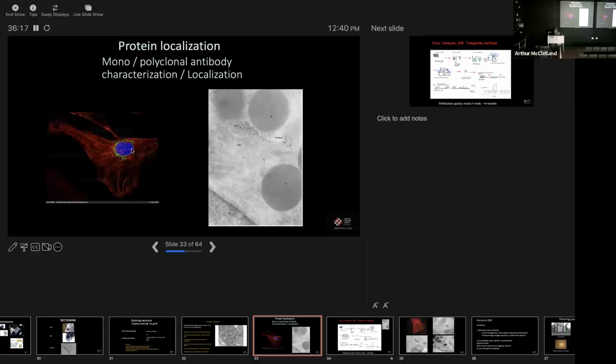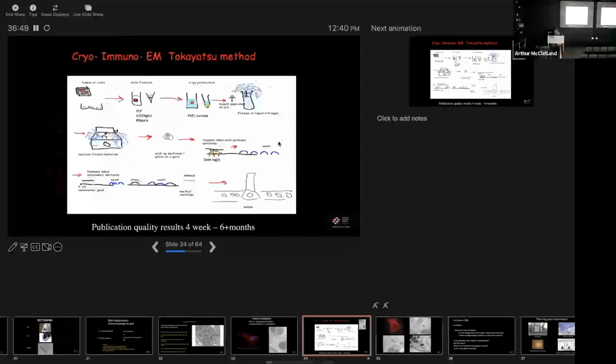But if we're studying the Golgi and we've got a protein that we know localizes to the Golgi, is it the whole Golgi? Is it part of it? What is it? So you take that same antibody and you label the same cells, but now you look at it on EM and we say, oh, all right, so we've got a whole Golgi stack here, but that gold particle, that protein, is only localized on the very trans side of the last stack. So we've got more information that we can use now about that protein that we didn't know before.